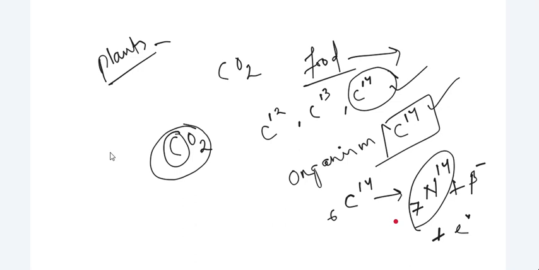Now, if we know the original composition of C14, that is N0, or we can say C0, then we can calculate the age of the organism after death. After death, how much time has elapsed? We can calculate that using the general decay equation,